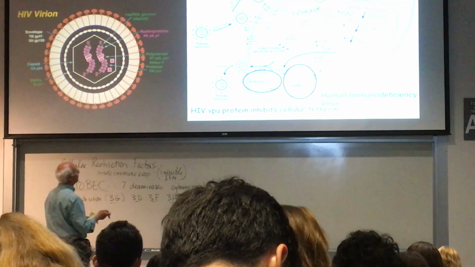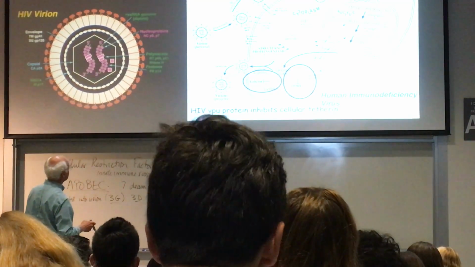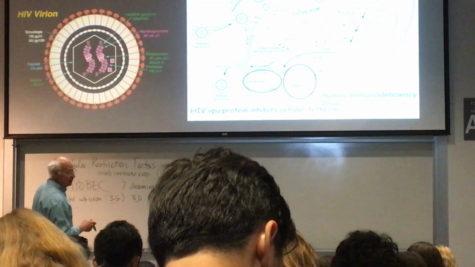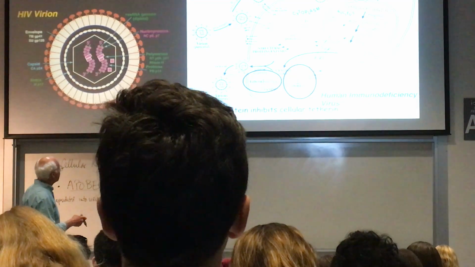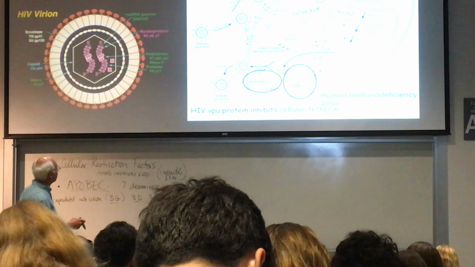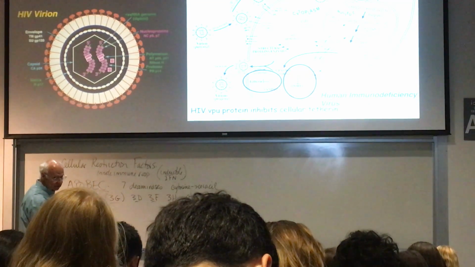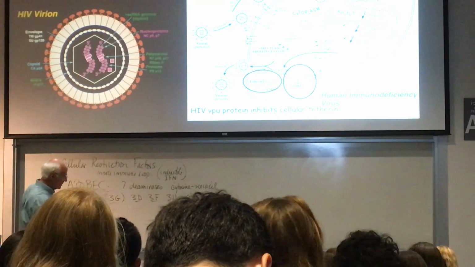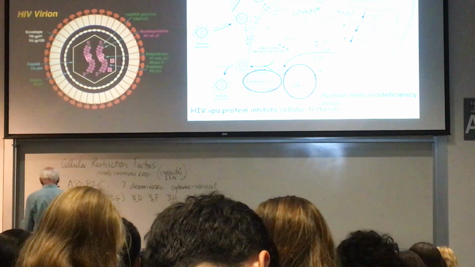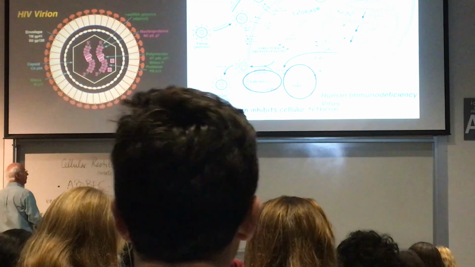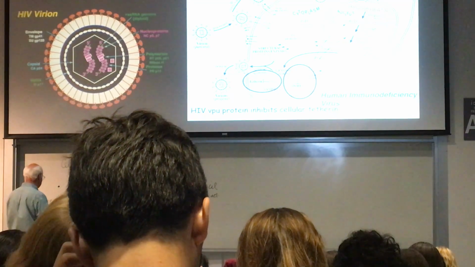So when HIV replicates and these progeny virions are formed, ApoBec3G and the others can be encapsulated into the virion. So the virion has that cellular enzyme with it. And so then, when the virion infects a new cell,